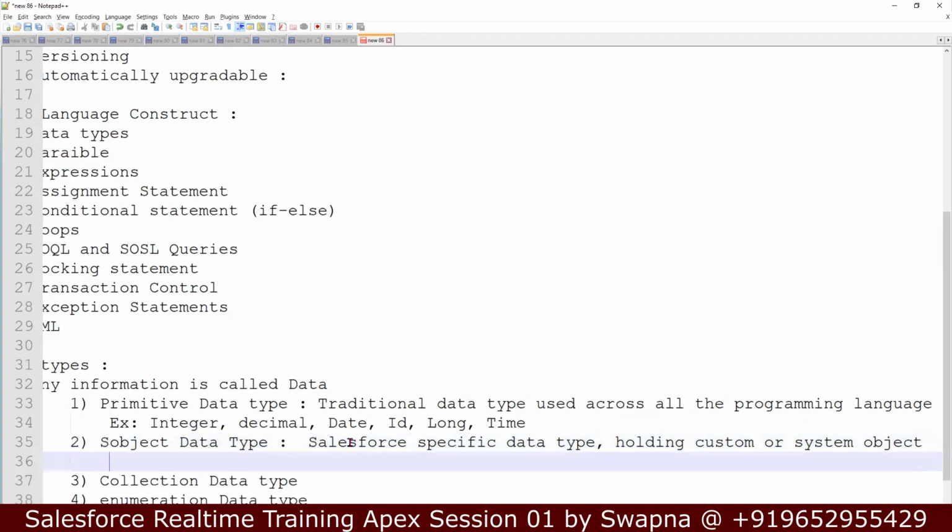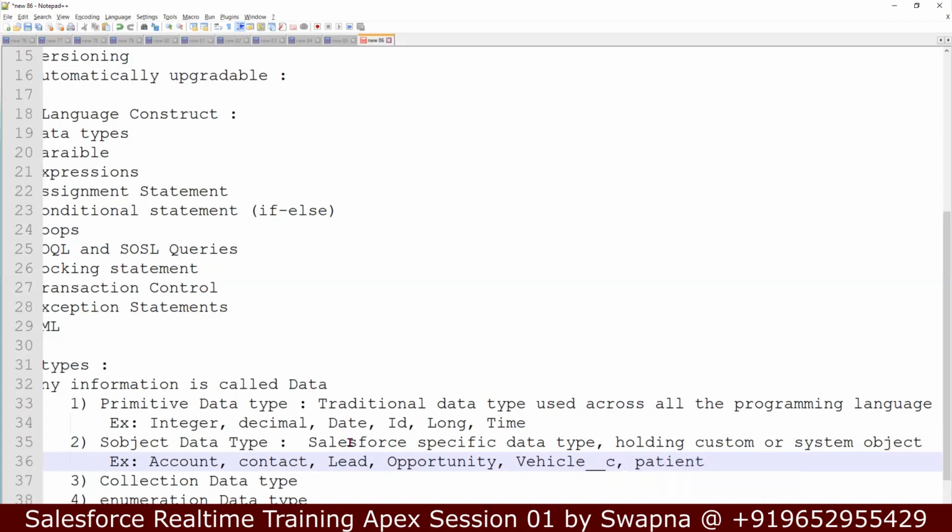What are the examples for this? Let's say account, contact, lead, opportunity, and custom objects like vehicle,